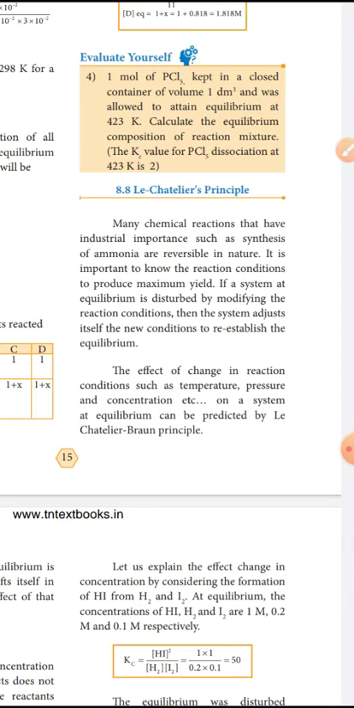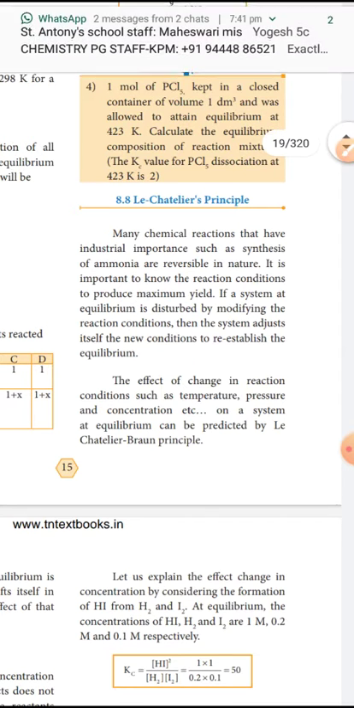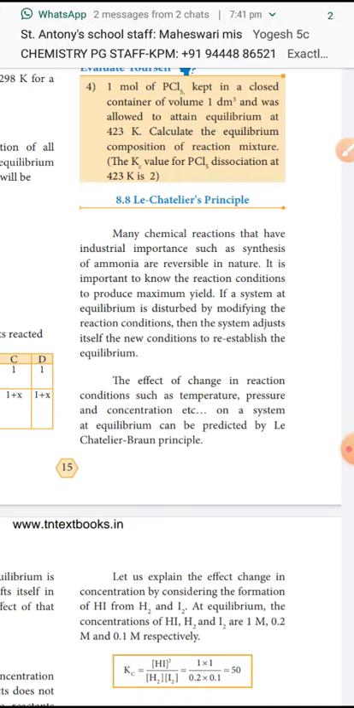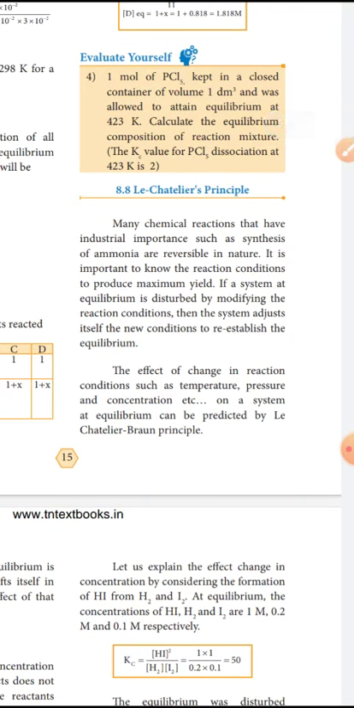State Le Chatelier's principle. If a system at equilibrium is disturbed, then the system shifts itself in a direction that nullifies the effect of that disturbance. Okay, so in an equilibrium condition, that means the forward reaction and the backward reaction are balanced, and the reactant and product concentrations are the same,